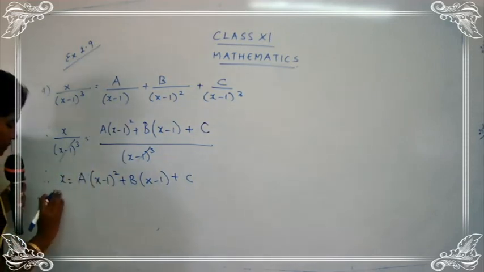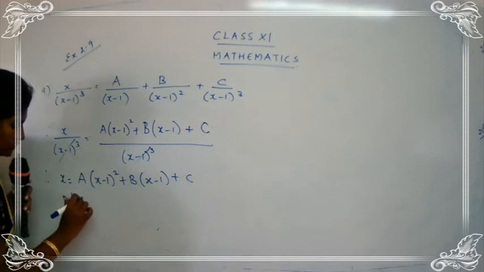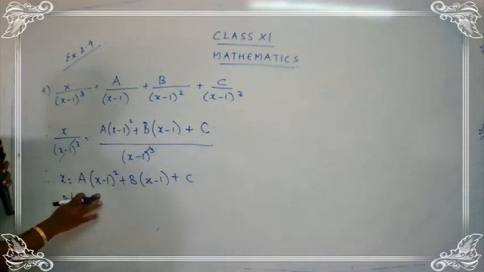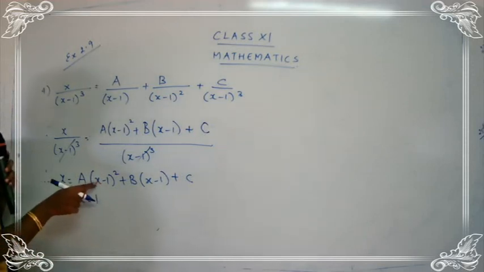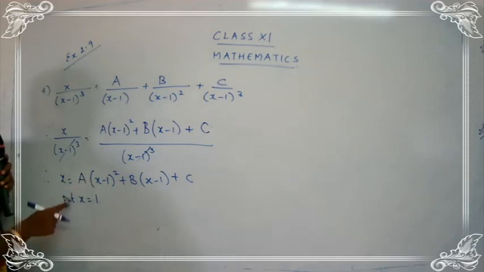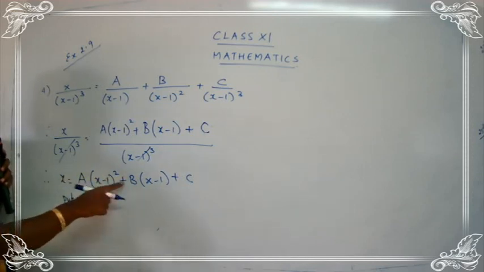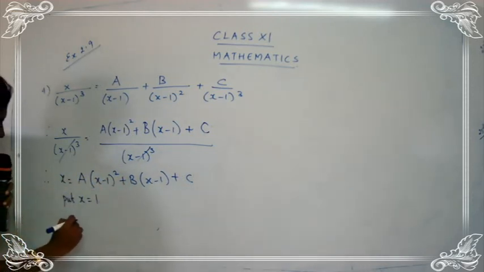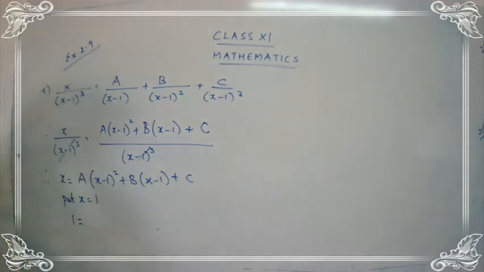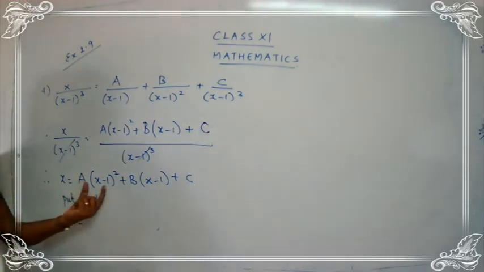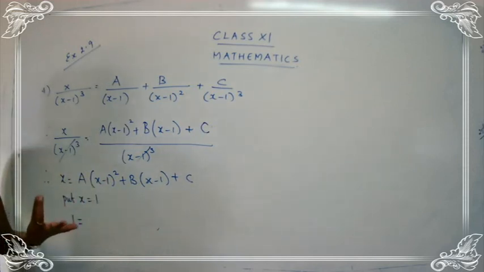So what I am going to do? Not x is equal to 0, I am going to put x is equal to 1. I have told you if I put here 1, 1 minus 1 gives you 0. So 0 into anything, you get 0. So let's start with the first thing as 1. Wherever you have x, you have to put there 1. So this is 1 is equal to. Are you getting my point children? Put x is equal to 1. Why am I choosing the number 1? So that I may get one term or more than one term reduced. Here 1 minus 1 becomes 0.